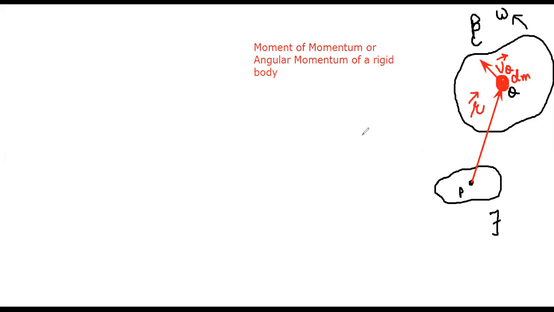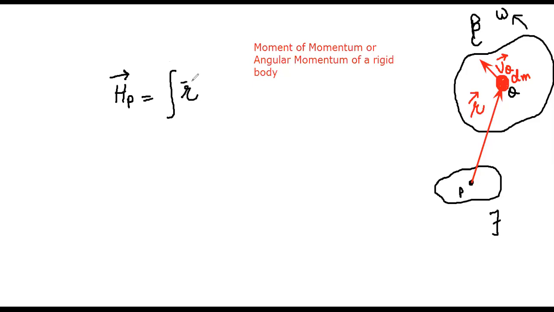Now, let's define the angular momentum of this rigid body beta with respect to the point P. Therefore, we can write the angular momentum of the rigid body, h. The angular momentum of a rigid body about this point P in the ground frame of reference is defined as the integral of, this is the definition of the angular momentum,